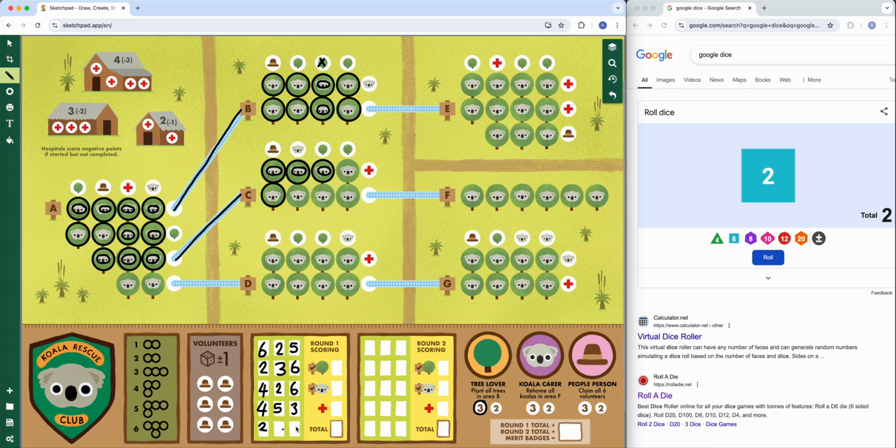2. Okay. Yes, a 2. So that's what I needed for here. So I'm definitely going to use that here. I'm going to rehome these 2 koalas. And now I have completed this,